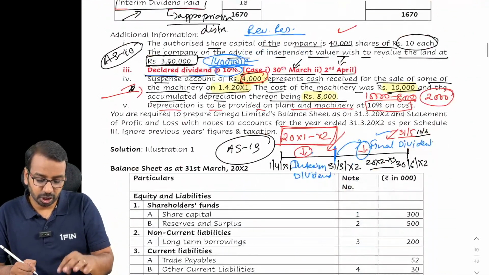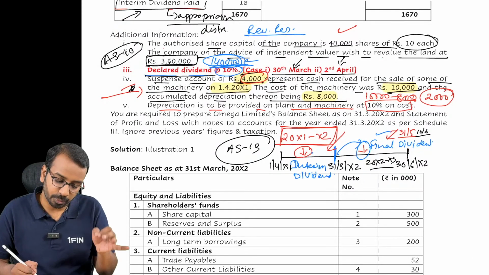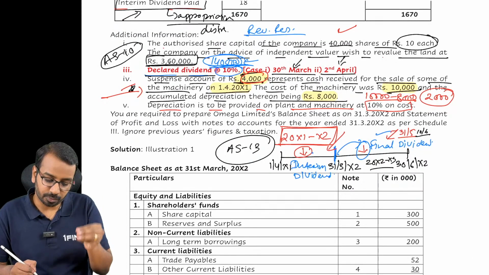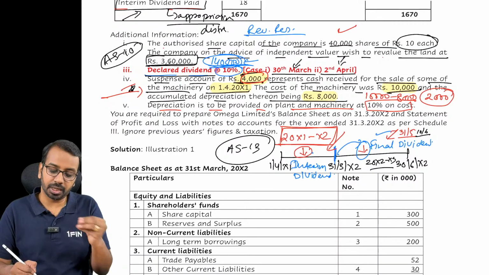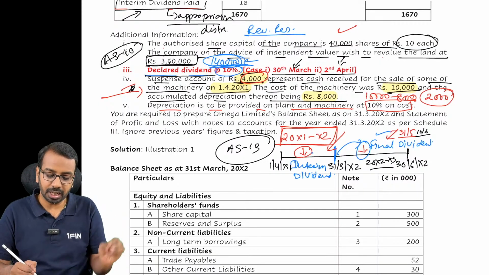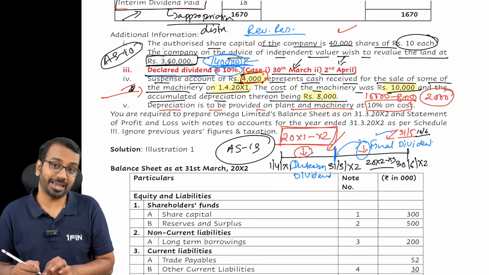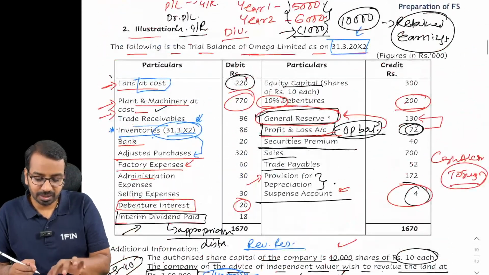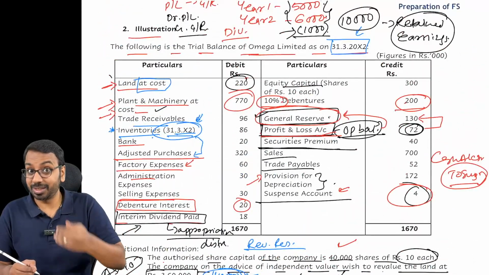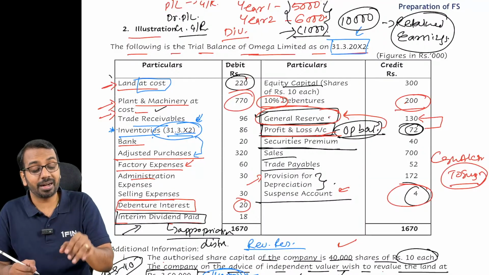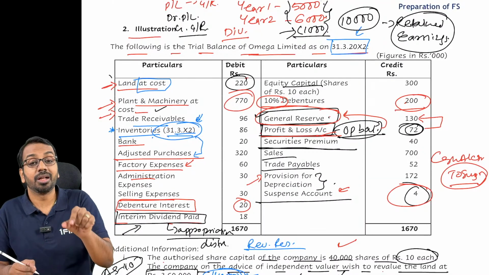You are required to prepare Omega Limited's balance sheet and statement of profit and loss with notes to account for the year ended 31st March as per Schedule 3. Ignore previous year figures and taxation. So right now I am discussing the question alongside you so that you get clarity on how to understand